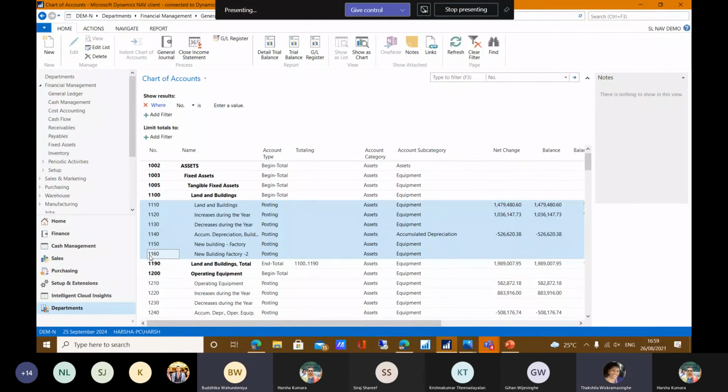How many users can be logged in at one time? Basically, if you are using a Dynamics NAV version, it's a concurrent-based license. Depending on the number of users you have created and the number of users you have purchased, say for example, if you have purchased 5 user licenses and you have created 10 usernames and passwords, at any given time only 5 can access the system on Navision.